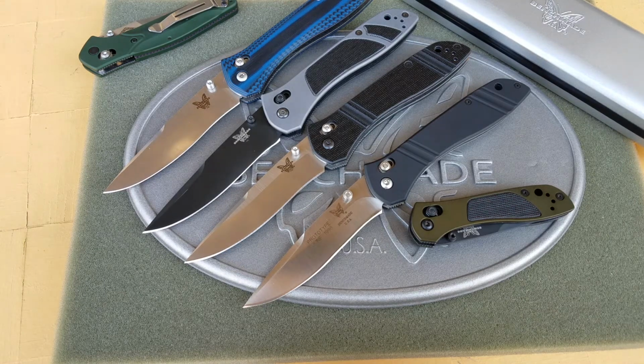But yeah, the 710, man, it's a model that is maybe gone but not forgotten. We're definitely going to have to see what Benchmade does with it, and if they don't bring it back, we're going to have to riot. It's too cool of a knife to